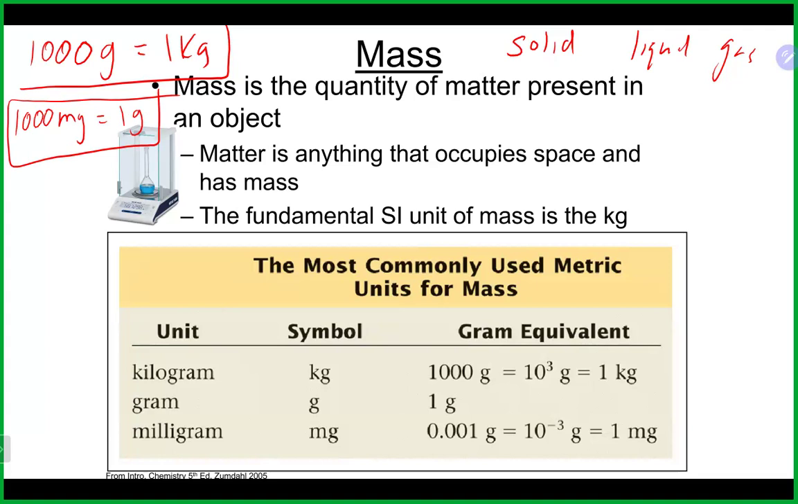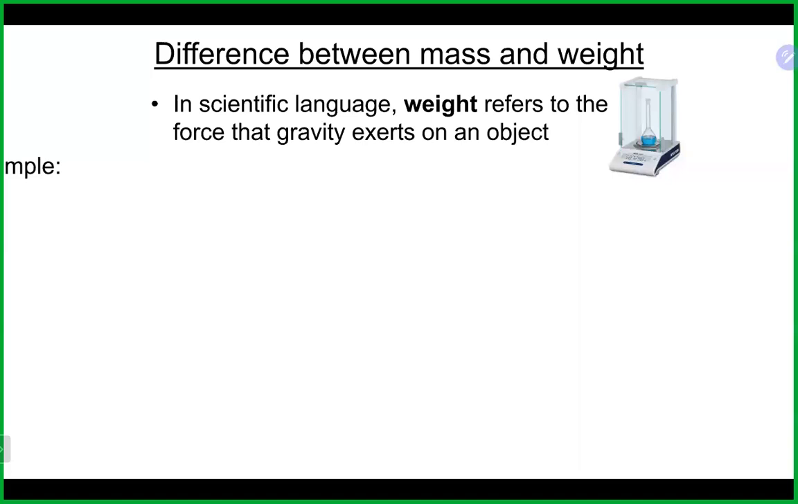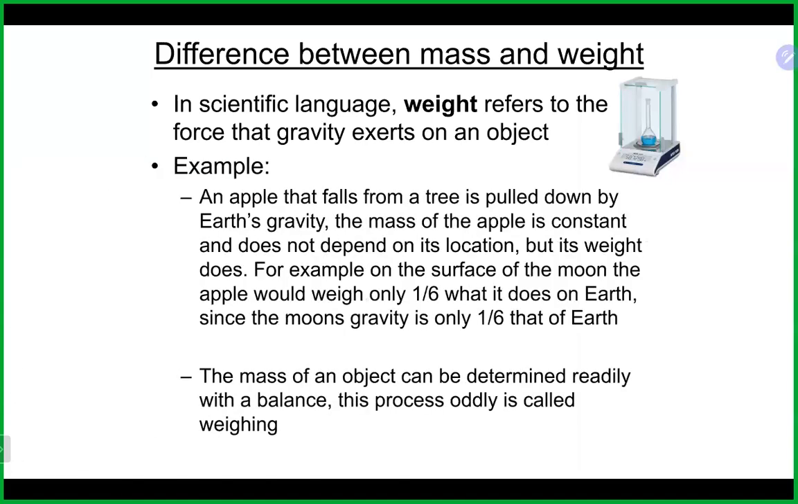We use a balance, like you probably saw in lab today, to get the mass of an object. And there is a difference between the two terms, mass and weight. Mass refers to the amount of matter that's present in an object. Mass is really independent of the force of gravity. So regardless of where you are, if you're here on Earth or,